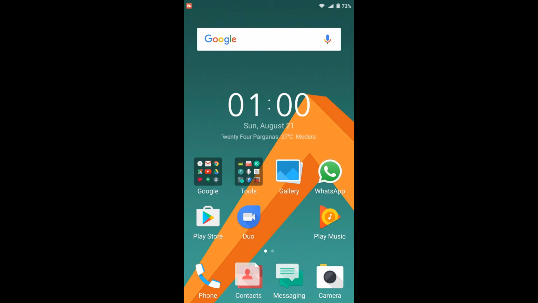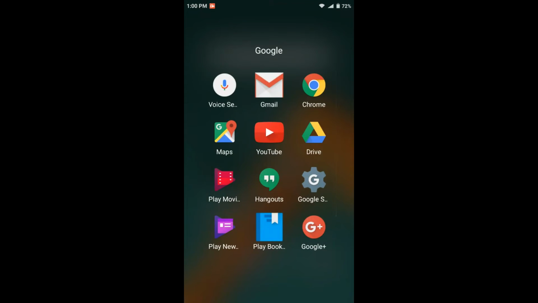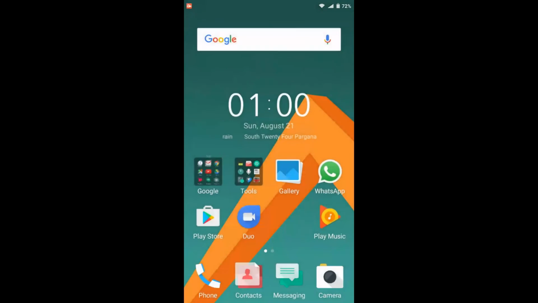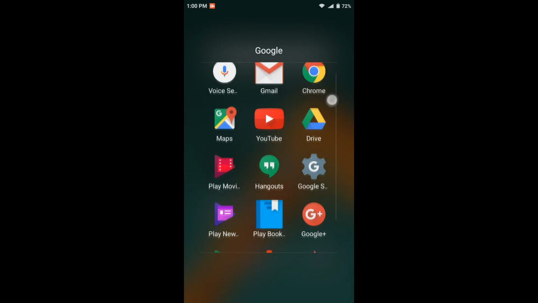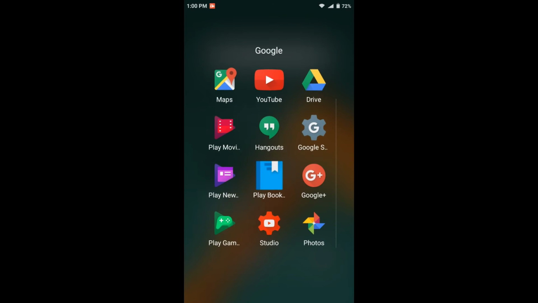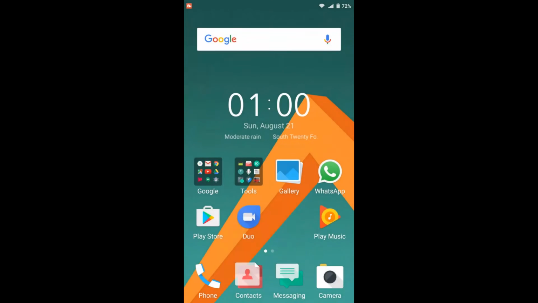Then the next thing is that most of the icons have changed. As you can see, the icons of the phone, contact, messaging, camera, and most of the native Google icons have also changed. The icons of Gmail, Chrome, YouTube have all changed slightly from the MIUI 7.5.2 native icons. But there are some weird things also.